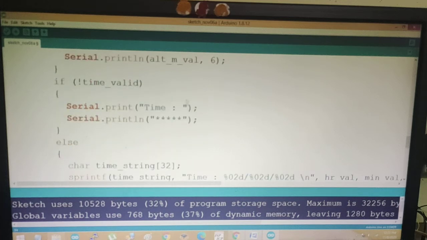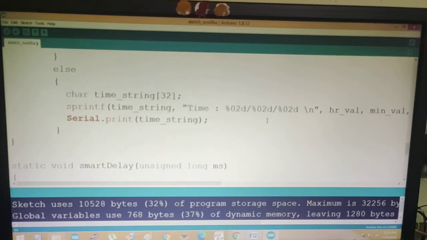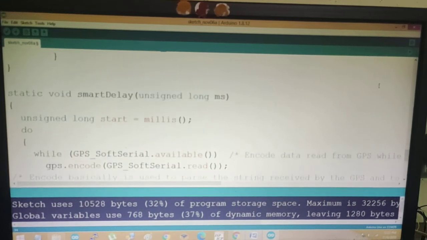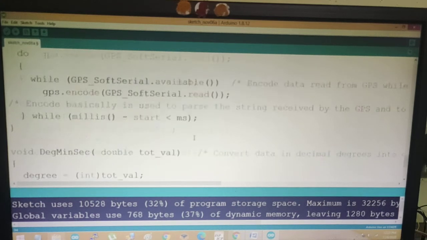Similarly, when you do not get the time in a proper way, it will print an asterisk sign, and otherwise it will print the time in this format, up to 2 decimals. And this is the definition of delay and all, so you don't need to take care about this one. This is just delay.